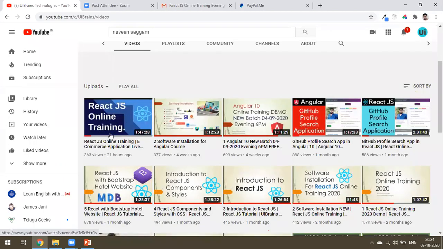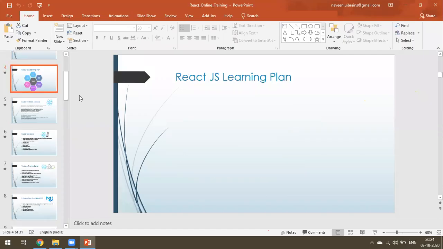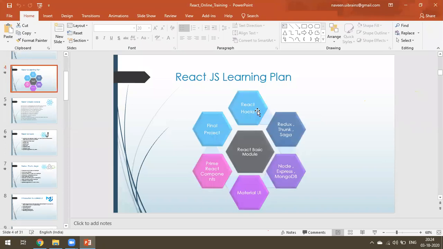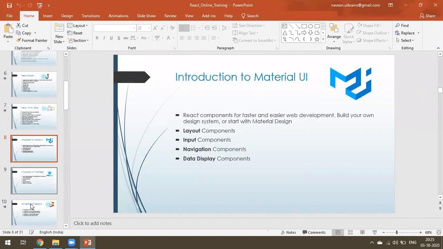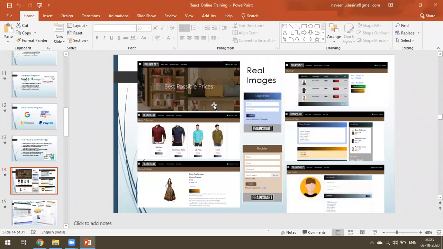Here I showed every slide, because we actually have 7 modules, like React class based components, functional components, Redux, backend, Material UI, Prime React, and the final project. I have gone through every slide, and I have also walked through the live projects.